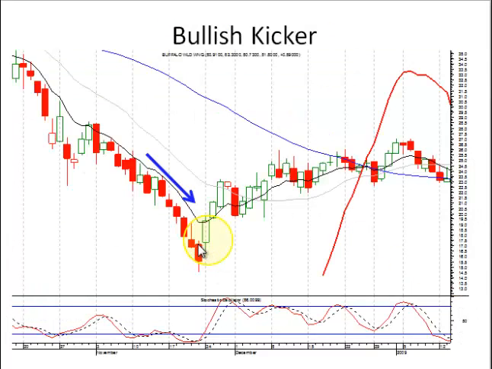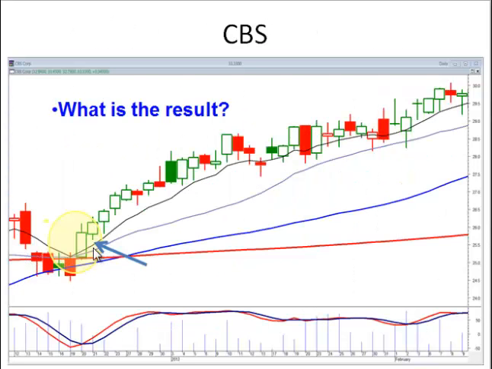A kicker signal, a close right on the T-line. If they open up positive, they're basically telling us they're confirming the kicker signal. Again, the strongest reversal signal of all the candlesticks, and that they're going to start taking the uptrend. So now you just watch to see what happens at the T-line. If you're right in the congestion area of all the moving averages and you see a kicker signal, what result should be expected? You should expect a nice strong uptrend.